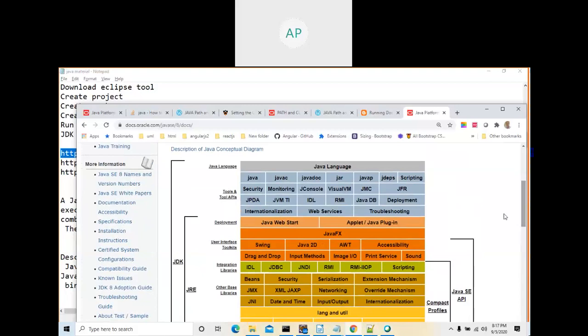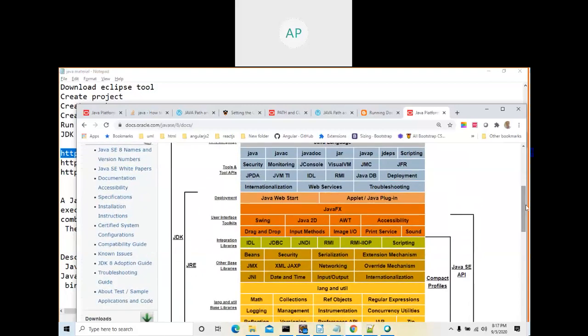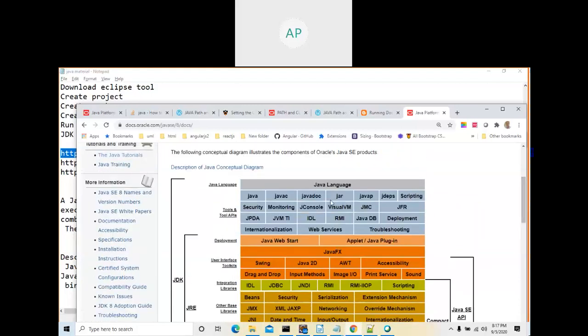You saw in the bin folder the tools such as jar, javadoc, javap, jscripting, java to run your class file, and javac to compile your Java file. These are the commands that you saw in the bin folder.